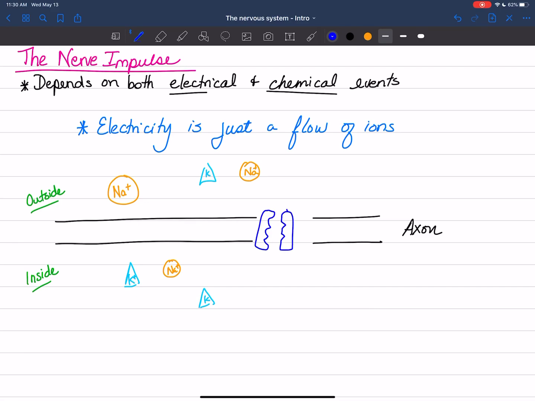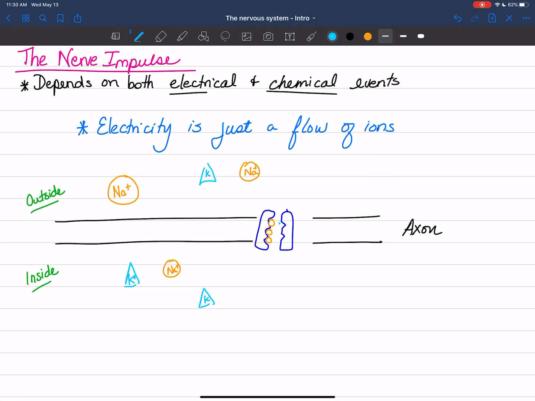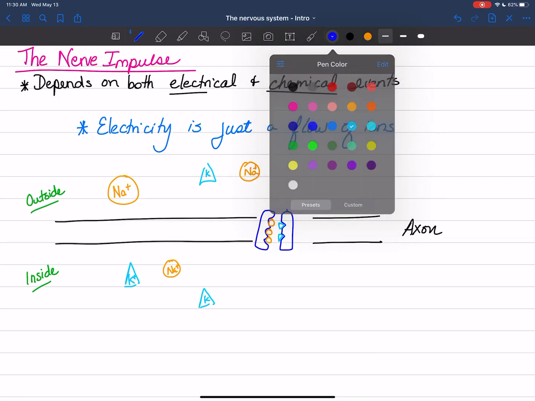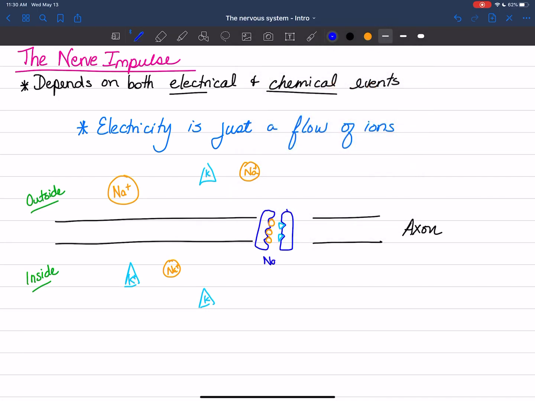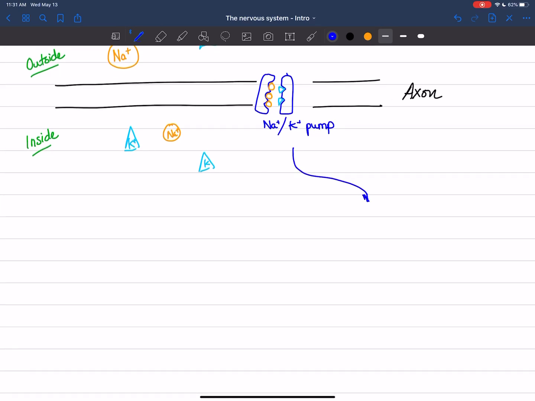As you can see here, it's got a specific shape to it so that it fits particular chemicals in it. Oh, look at that, sodium and potassium. So that's why it's called a sodium-potassium pump. And the job of the sodium-potassium pump, all day long, is that it pumps